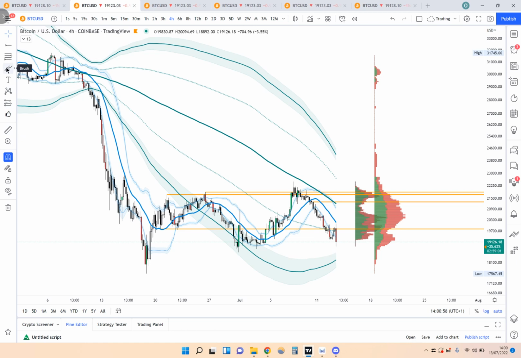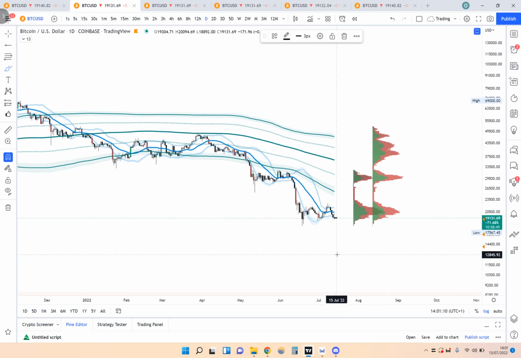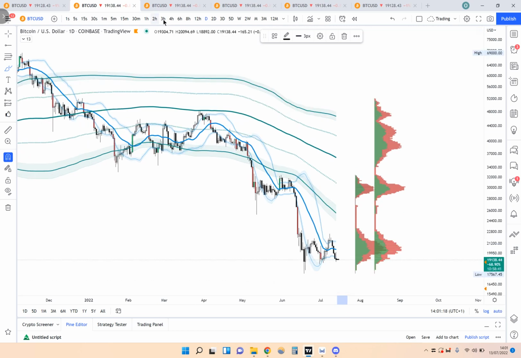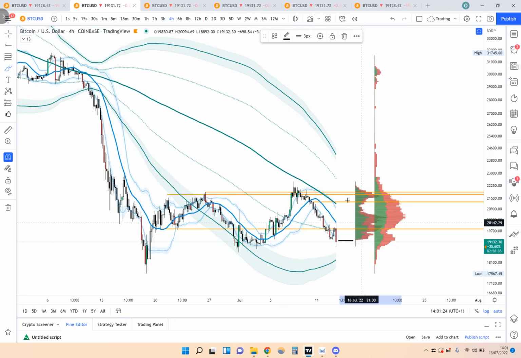If you want to go short here at this point, obviously the assumed target is somewhere in the low to mid teens. So your entry and your target are thus,